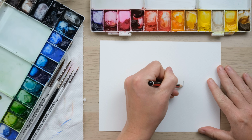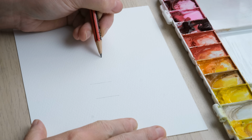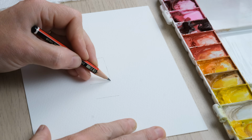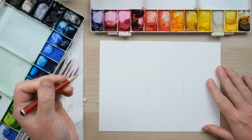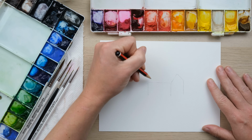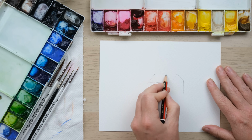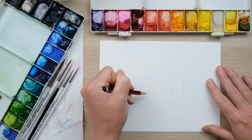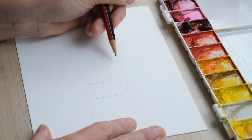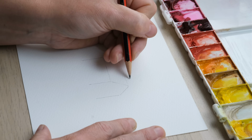I get asked a lot if I will teach a simple country cottage painting, and I thought, well, you know what, it doesn't get more simple than the Quick Fix, so let's have a go at trying it in this quick little tutorial section. So you watch that back, see how I create the three uprights, then get one end in a triangle, two horizontals, and join it up, and lo and behold, you've got a lovely little